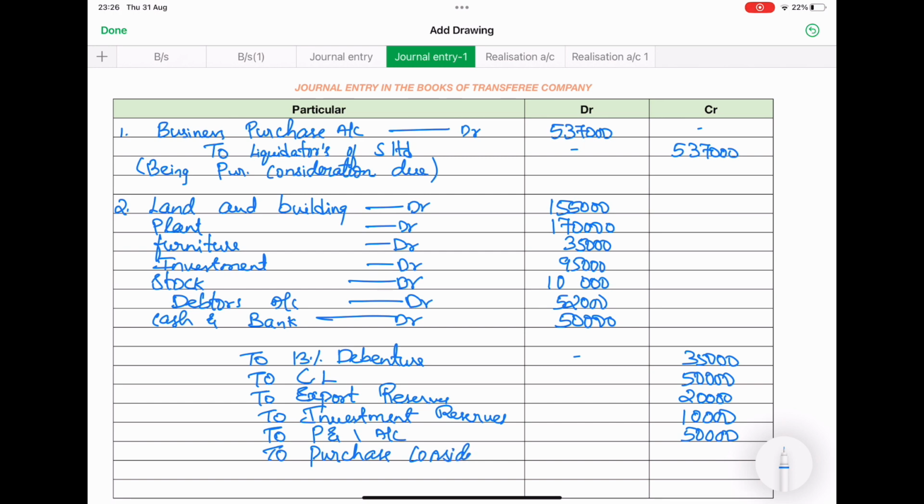So purchase consideration value is 5,37,000. So these are the values of liabilities. So both the sides you are going to add it now. If you add credit side, 35,000 plus 1,60,000 plus 5,00,000, 6,60,000 plus 37,000, 6,37,000 plus 37. Okay, it's around